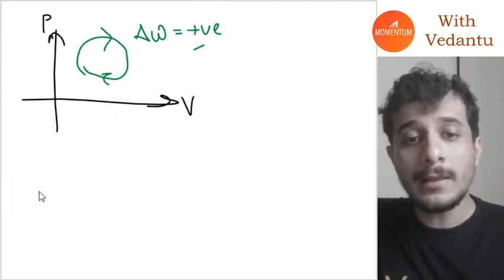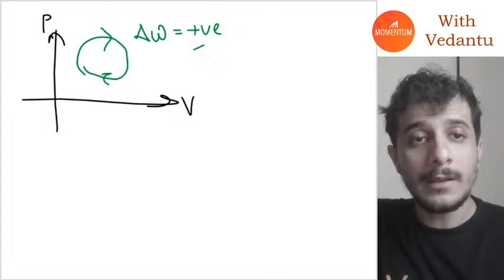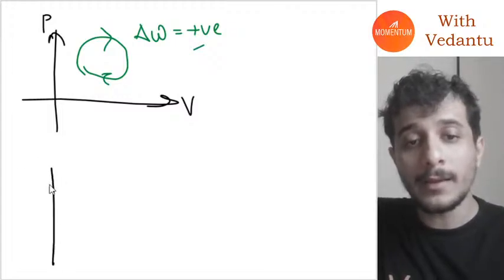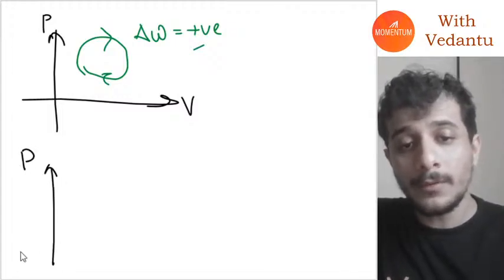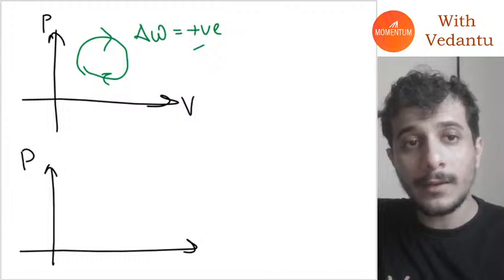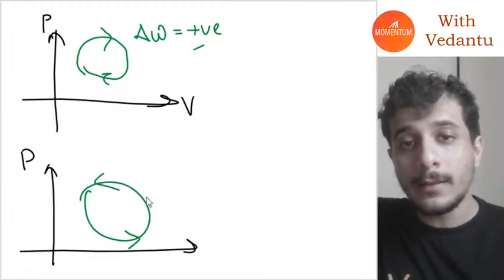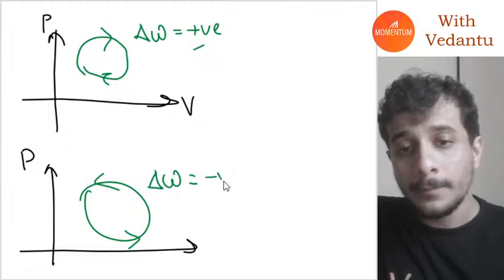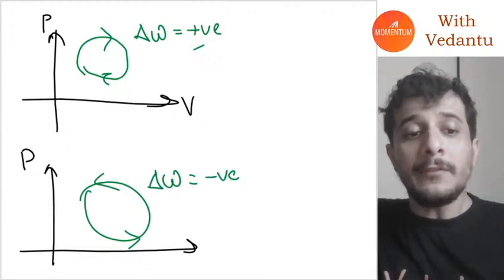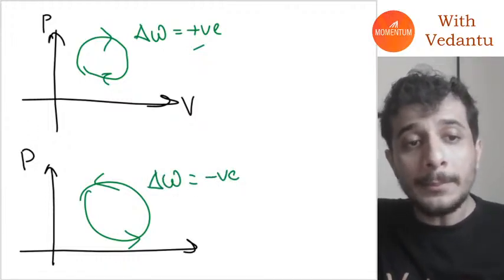Okay, and similarly if I have an opposite cycle, P versus V, the cycle is opposite like this, anti-clockwise, then the work done will be negative. Okay, now if I try to flip these two,